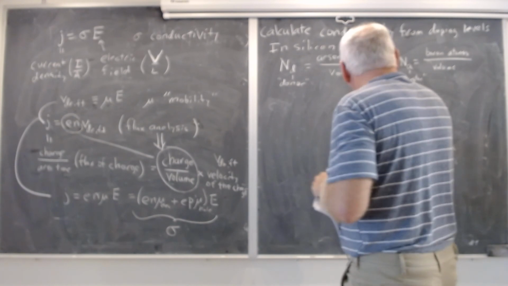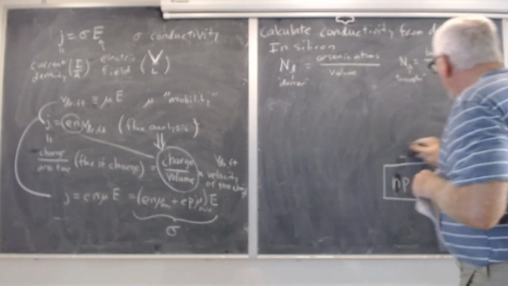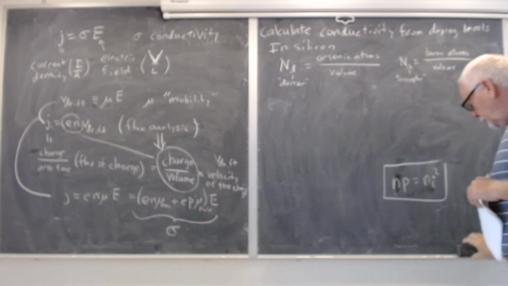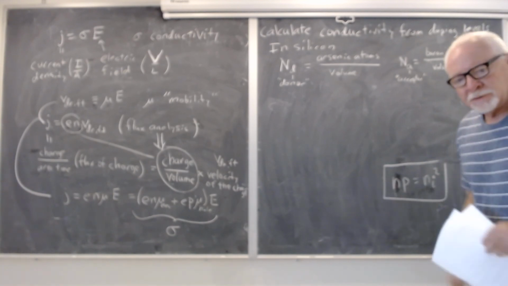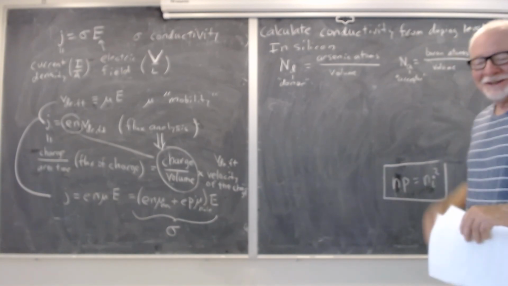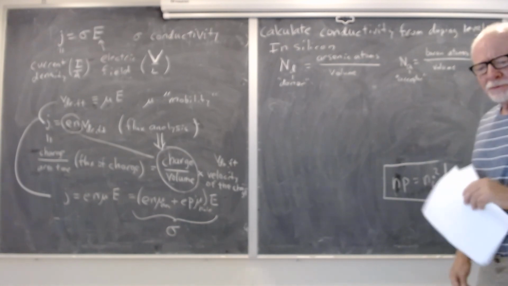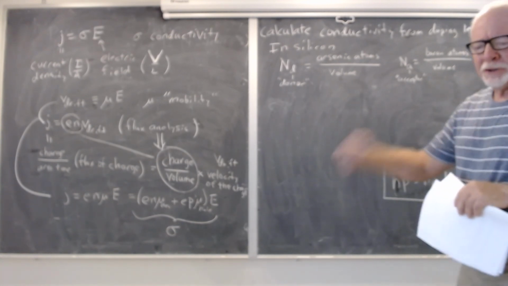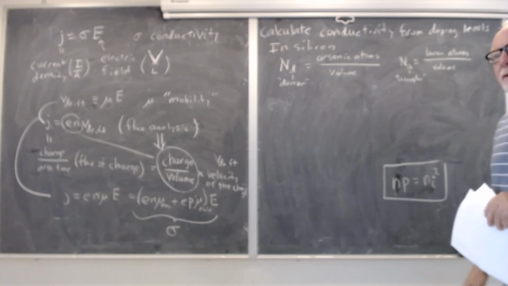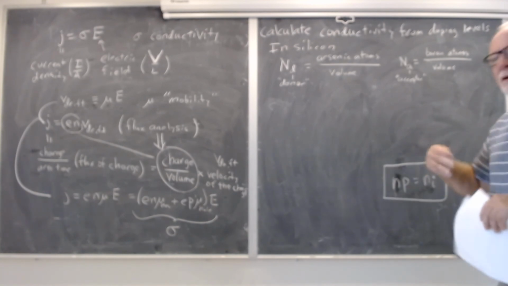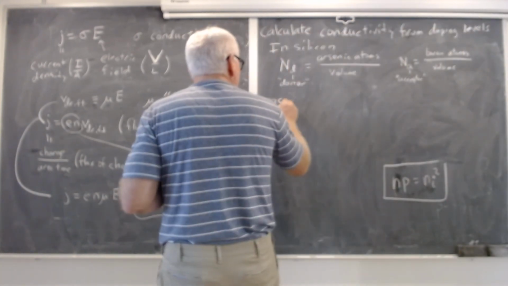And you just have to go on offline and every morning in the shower say to yourself, a donor atom becomes positively charged when it is ionized. An acceptor atom becomes negatively ionized. Actually, it's kind of easier to understand in terms of the acceptor, because it's accepting an electron, it becomes negatively charged. Anyway, we're going to assume